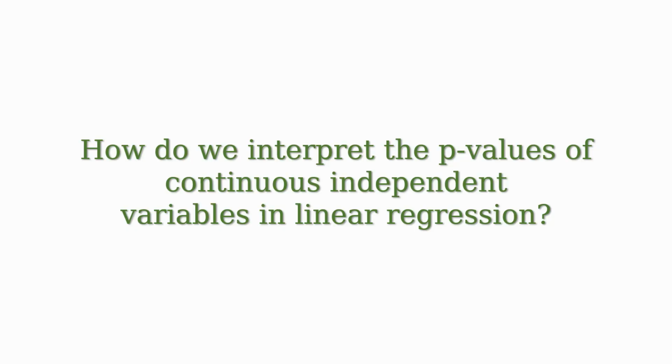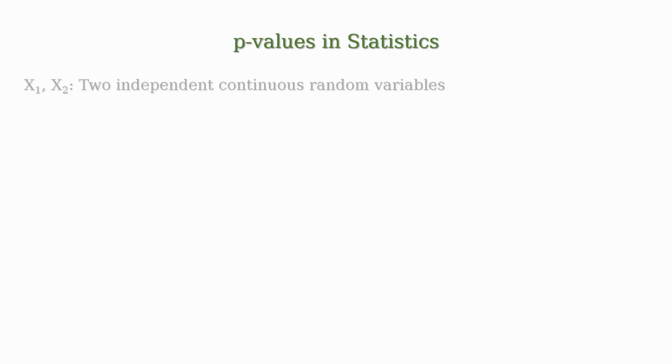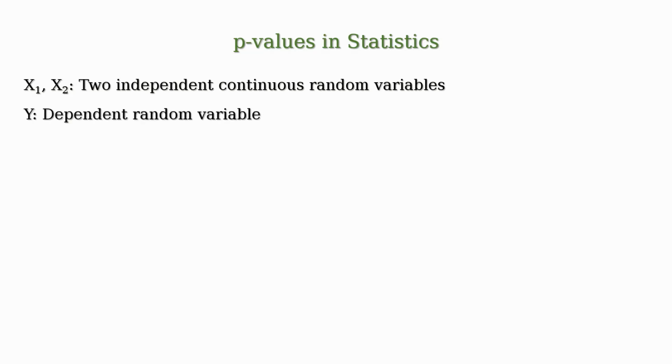In this video, we will discuss what p-values are and how to interpret the p-values of independent variables in linear regression. Let's say there are two independent continuous random variables, x1 and x2, and y is a dependent random variable. Now, we want to know the relationship between x1, x2 and y. We also want to know whether the effect that the independent variable x1 or x2 has on the dependent variable